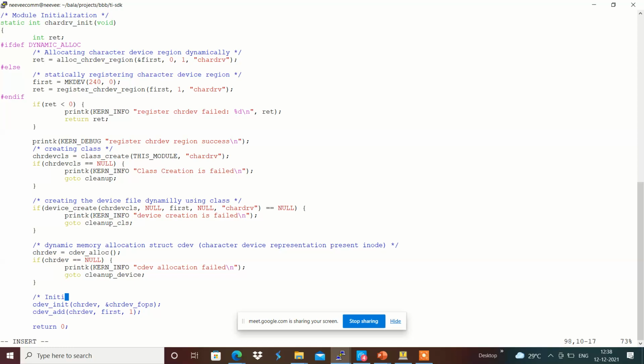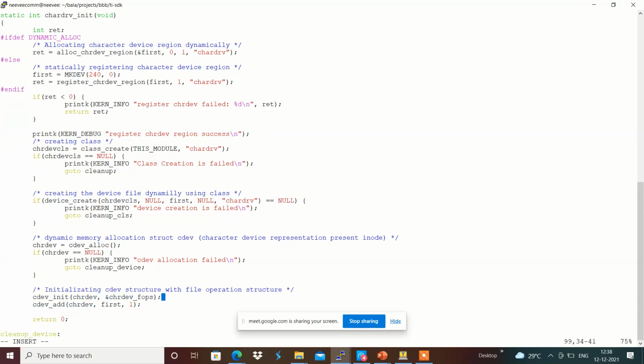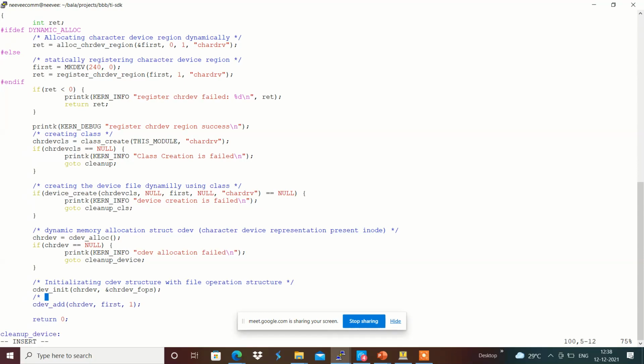initializing the cdev structure with the file operation. So file operation structure pointer over here, and once the file operations got created, we are adding or linking the cdev structure with the information of major and minor number accordingly over here.